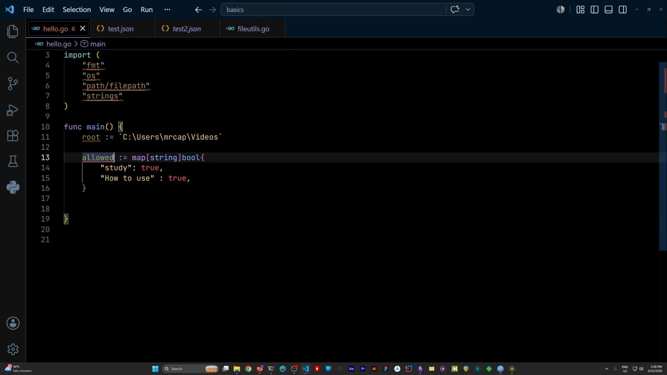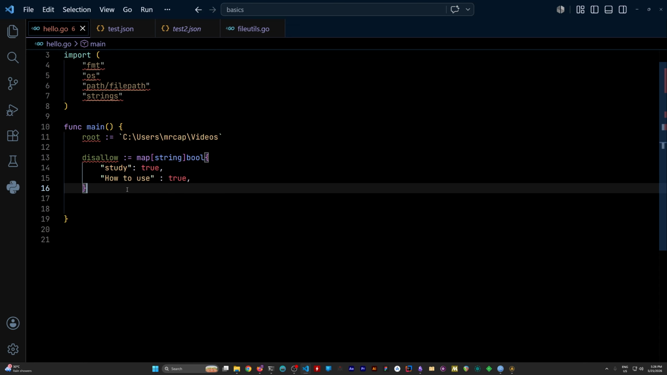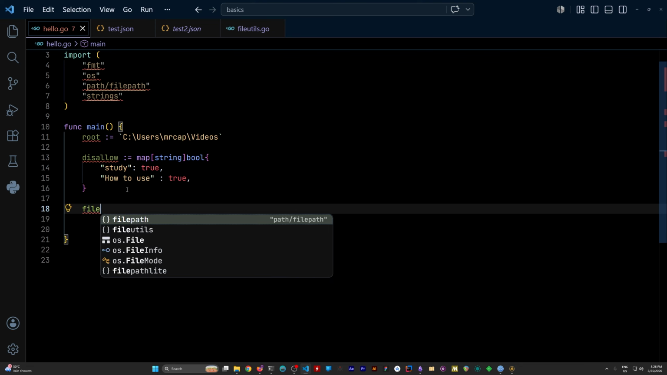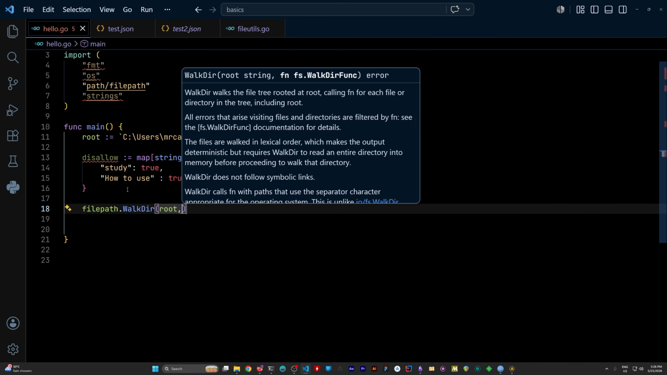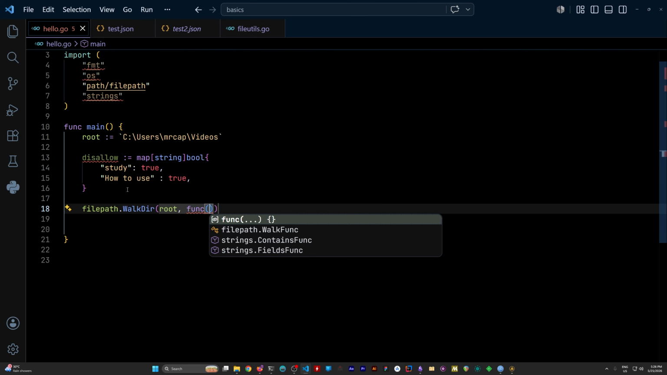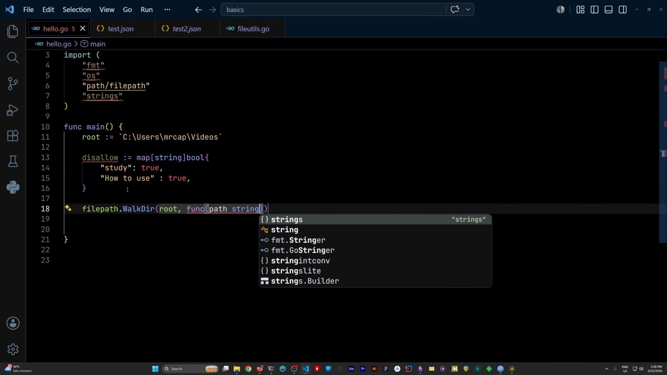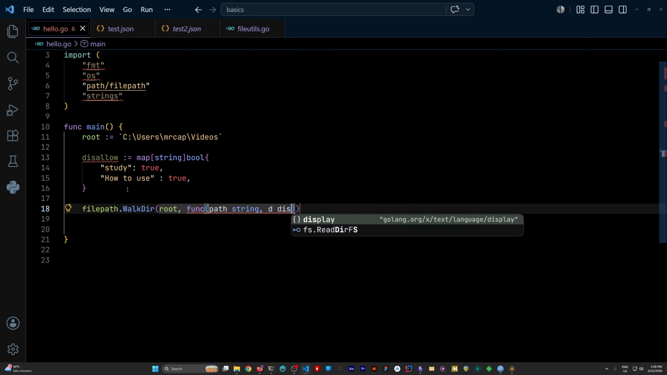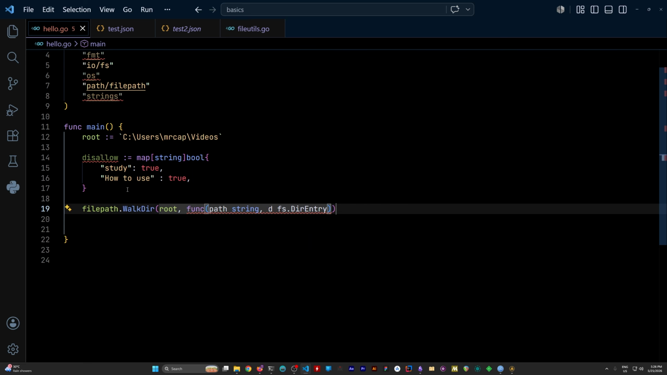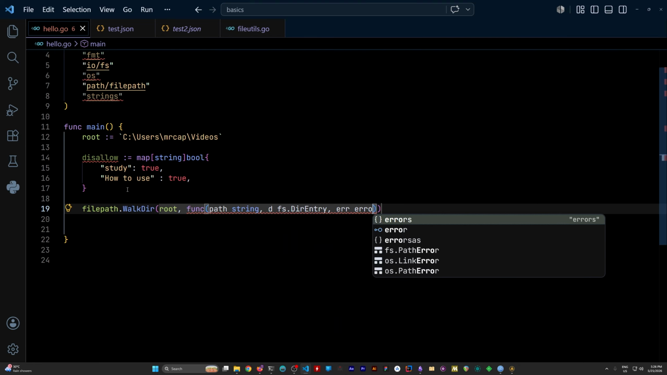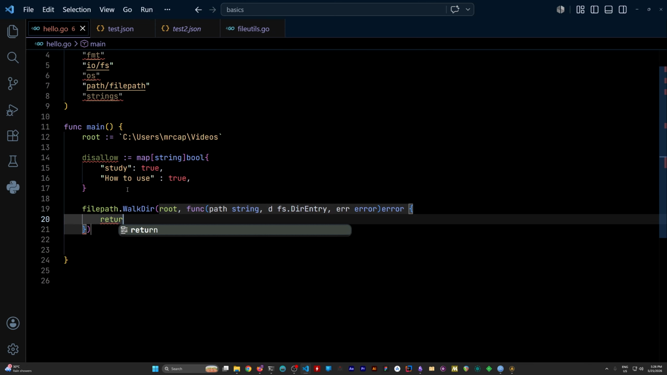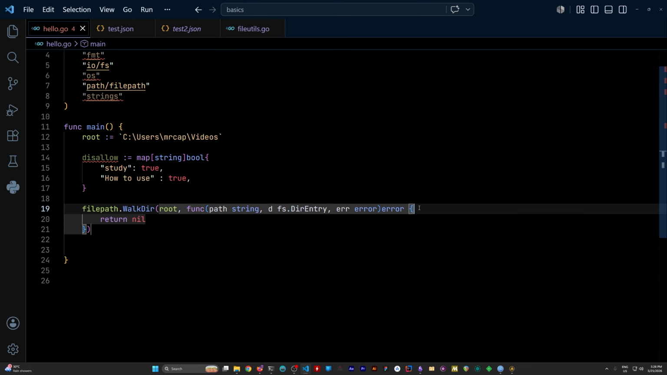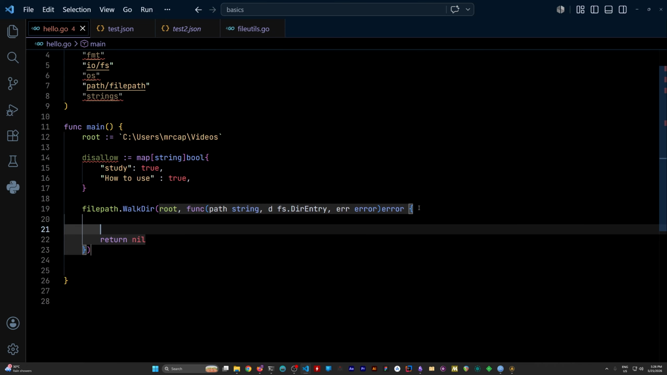Okay, let's say disallow, and yep, file path walk dir root, function path string, d dir entry fs dir entry, error, and error, return nil. Okay,